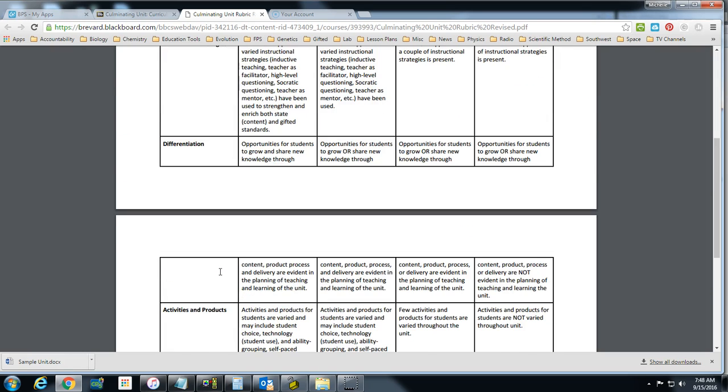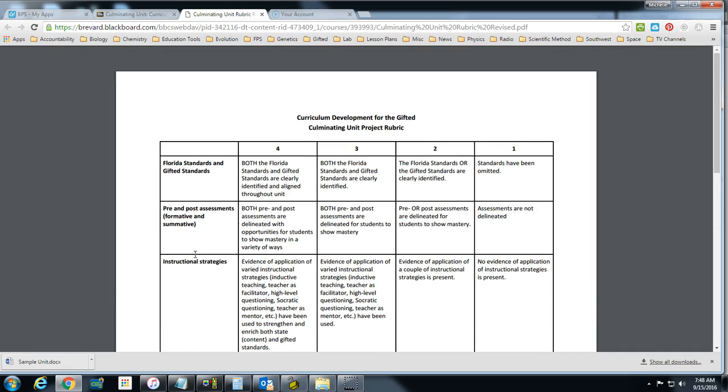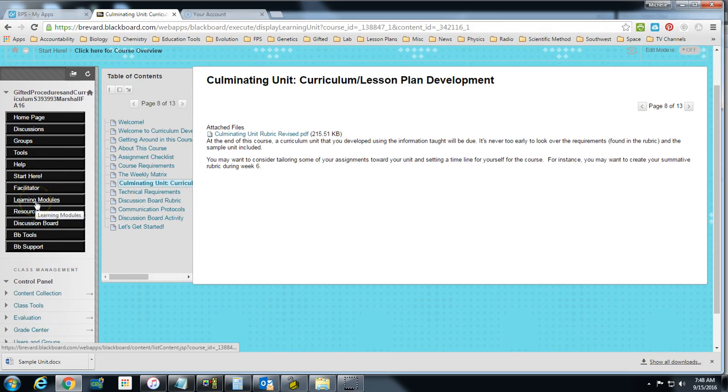So this unit, this rubric, is really key to help you design that unit. It is introduced in week 4, but it is due in week 8. I just wanted to give you a heads up that this is coming, so that you can work on it as you go. When we go to things that are key, we want to go to the learning modules,